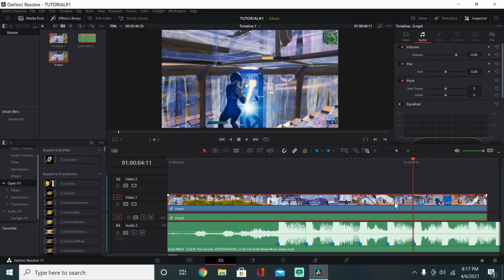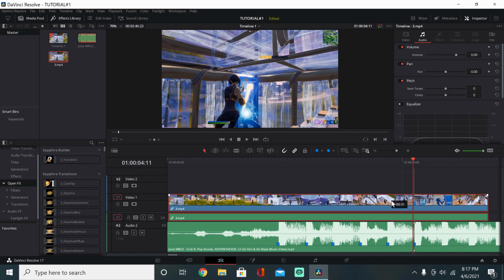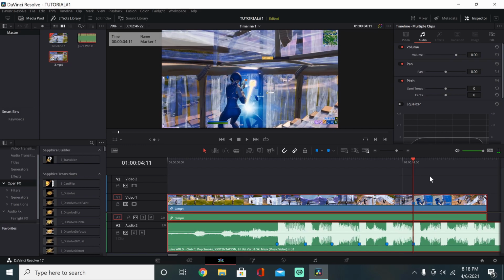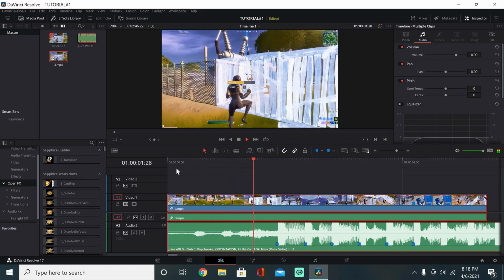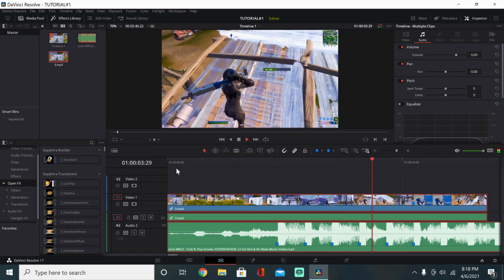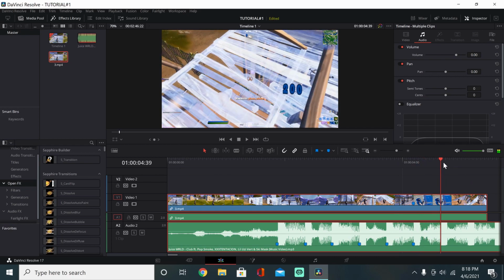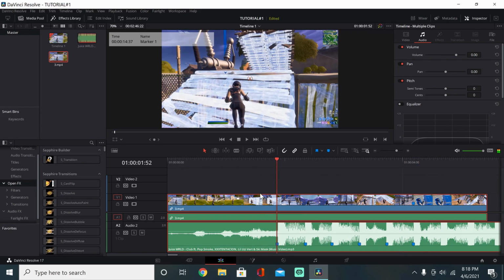So now we're going to press M on our keyboard, and we're going to drag this to line up with our beat. We can crop this song down a little bit, and drag it back. And now we have our sync clip. Yeah, so that's synced now. Now we can unlink the audio and video of the clip so the audio doesn't get messed up while we're